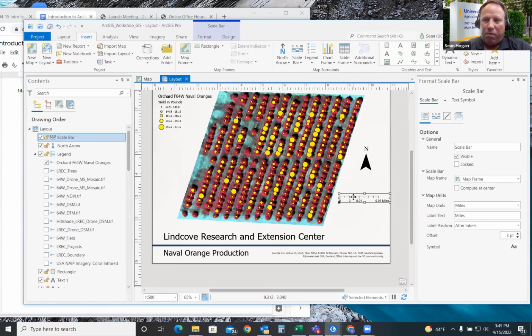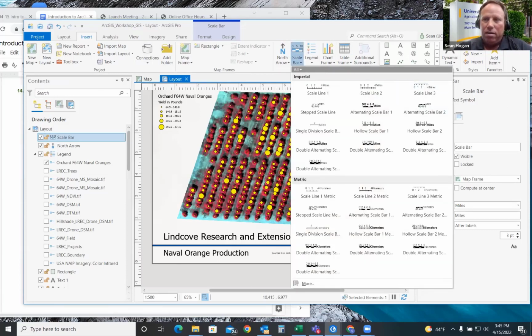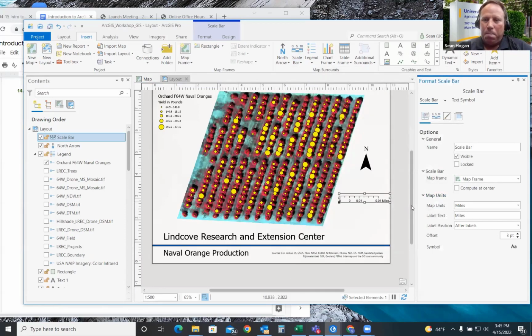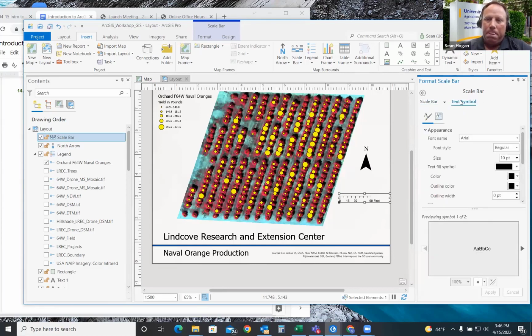As soon as you drop it in, the properties are there. So again, we inserted the scale bar, drop down, top right, and drag and dropped it here. Go over to the right and select feet for your units. That's going to be a lot better. The 60 feet makes sense then, not point something of a mile. But the text is a little small, so let's adjust that a little bit too. That text is a little finer than I'd like. So go up to the text symbol and just bump it up a couple to 12 and apply. There we go.